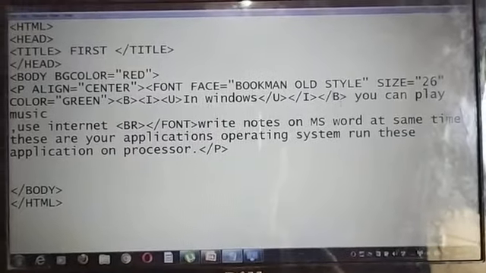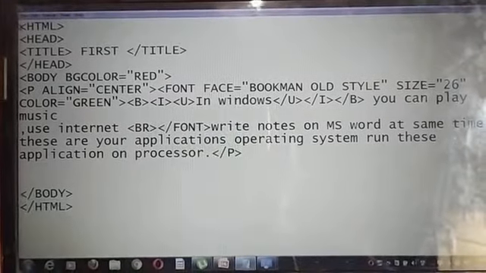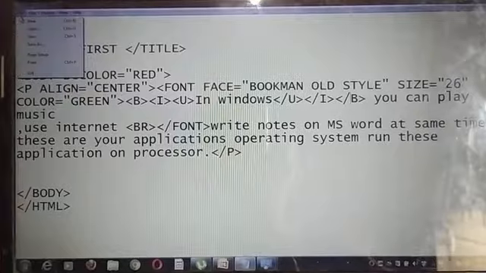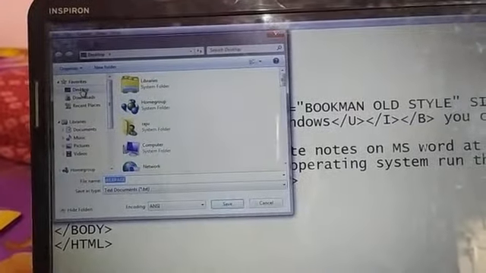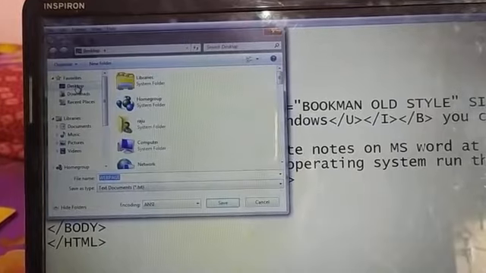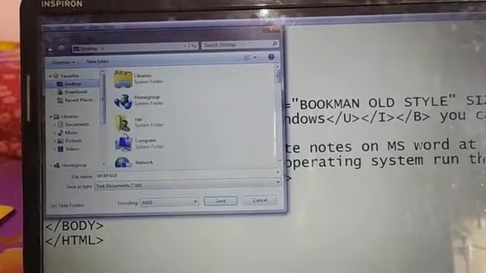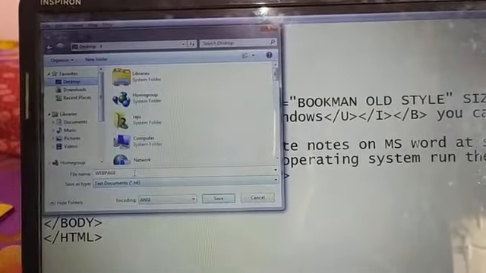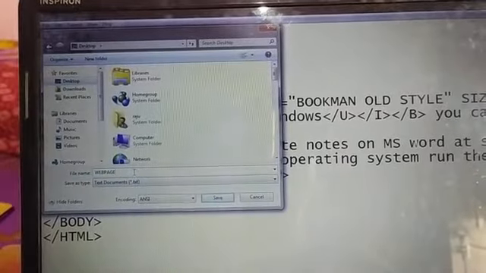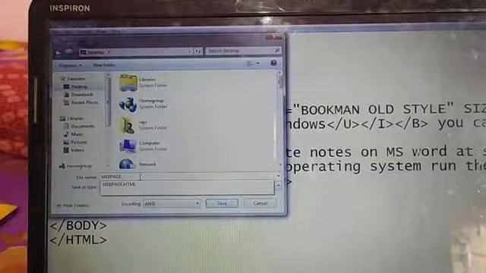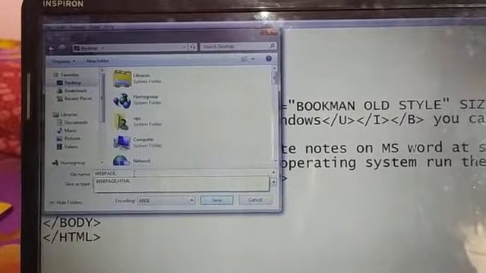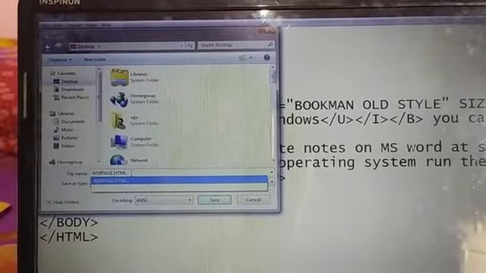So if we save this and open this, how to save this: you can click on Save As, then you can select the folder location where you want to save. Like I have chosen the desktop and write down your web page name, you can write program also, anything, that is up to you. Then you will give the extension .html or .htm.